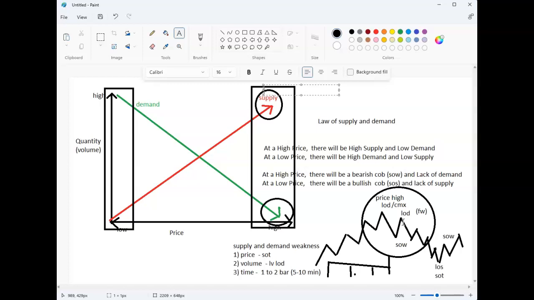So that's what it is. You cannot say, okay, all of a sudden it's climaxing or capitulating or whatever. That really is not demand. It's supply on the way up, followed by supply on the way down, creating that sign of weakness after the climax. So that's how you want to think about it. And if you understand this, then you understand that this is how the price turns and goes down. And on the economics chart, it'll just go the other way until it hits an extreme where you have high demand and low supply, and then the change occurs.